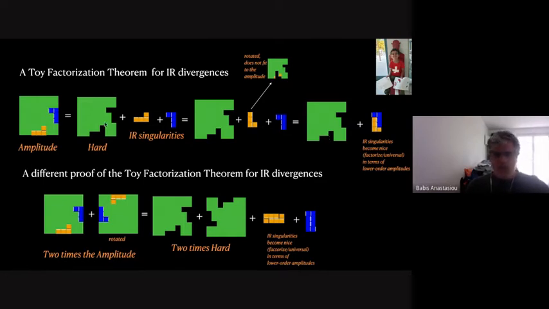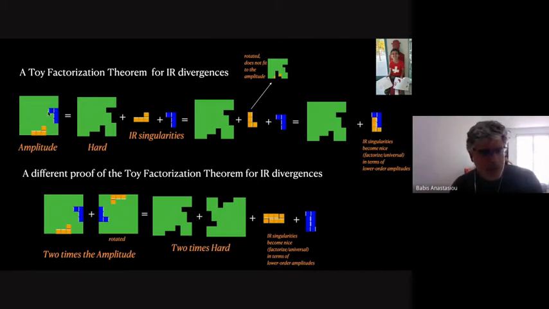So all of these nice proofs of factorization theorems, here and there, use this type of non-local arguments. And it's not immediate or clear how to use the result of the factorization theorems as local subtractions at the integrand, canceling all the singularities. What we try to do in this work is to go into the proofs of the factorization theorems and find alternative arguments that do not destroy locality. Let me give you an example of how we would solve this toy problem here.